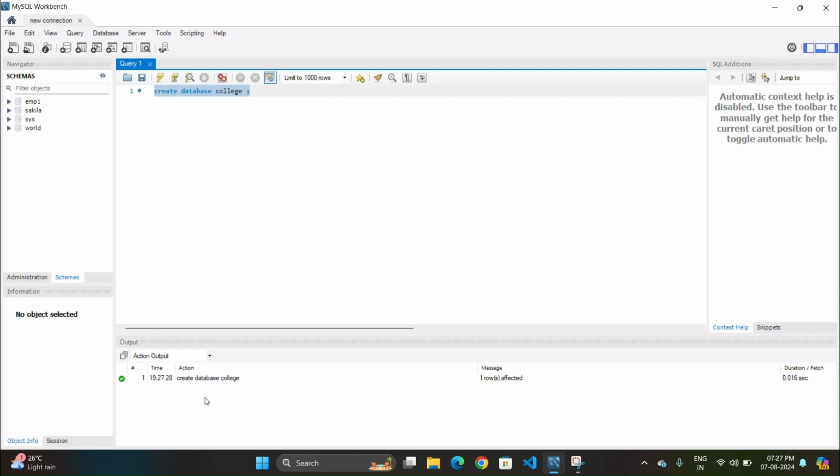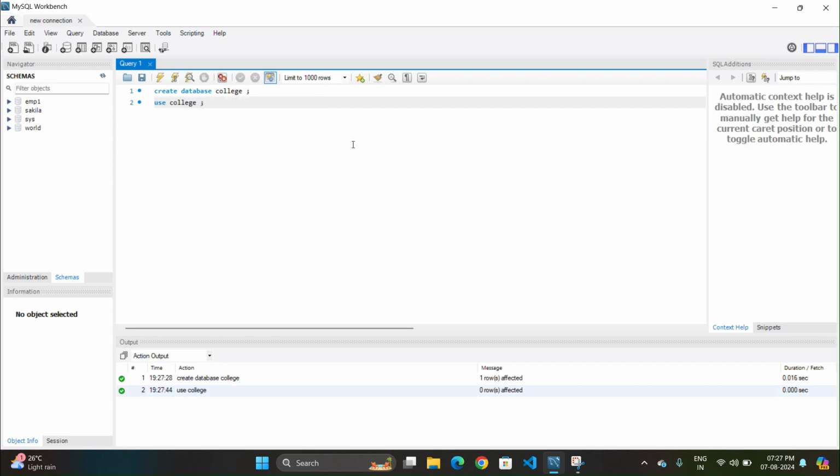Here you can see our action has been given successfully, and now we have to give a code as use college, and we have to select it and run it. After that we have to write a code as create table, and we have to give the table name as student info,